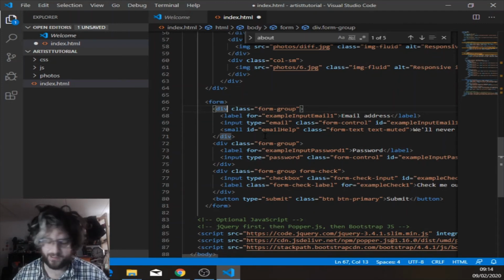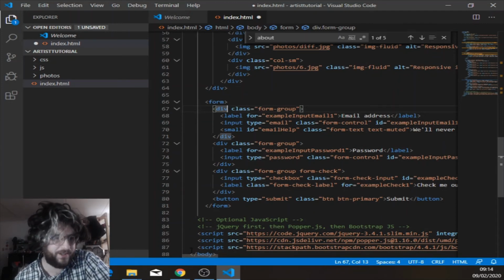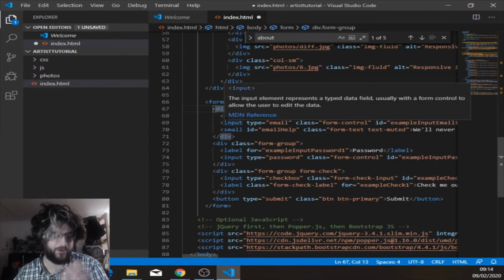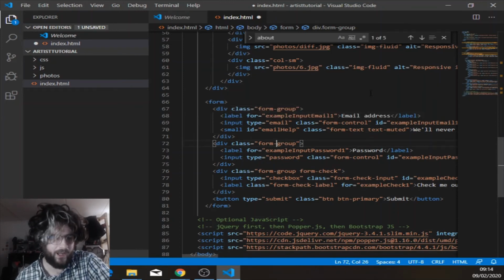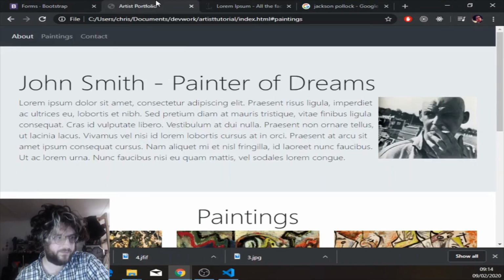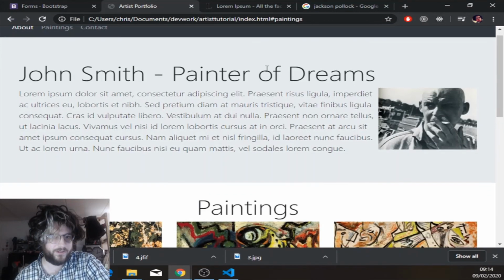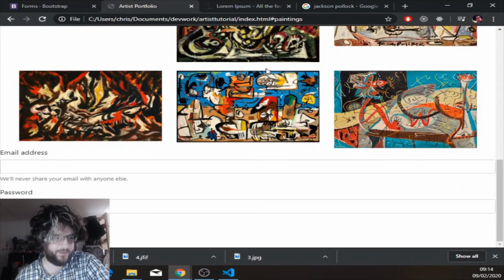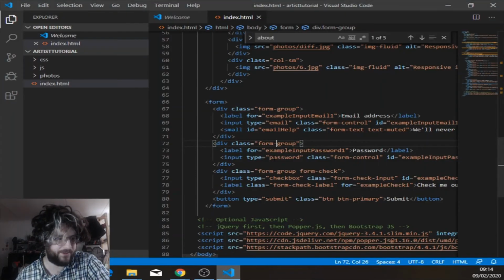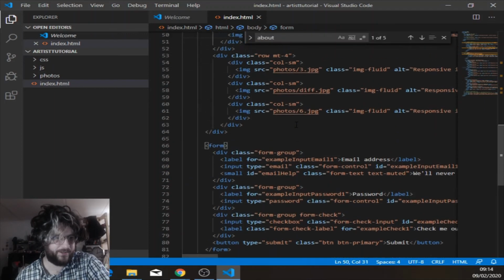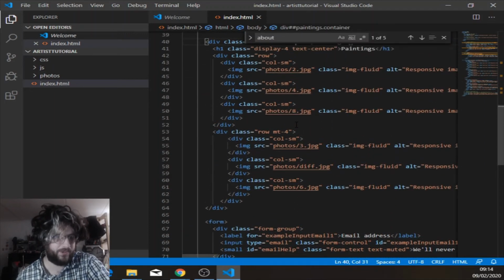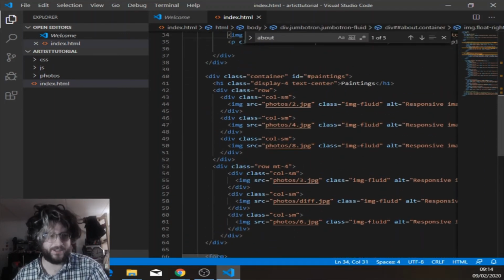So here we go. Div class defined with form group, so this defines a new form group each time. Let's just see what that looks like, just to show people how simple it really can be. We don't want that because, okay, I think we need to add another container within the form, because as you can see at the minute it's sort of